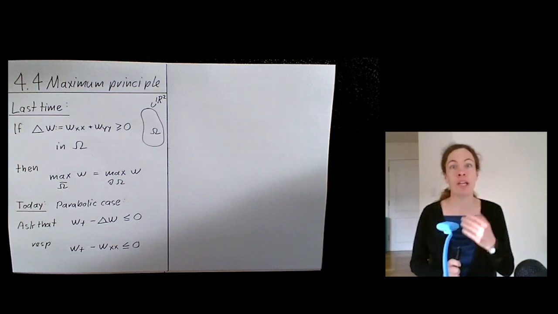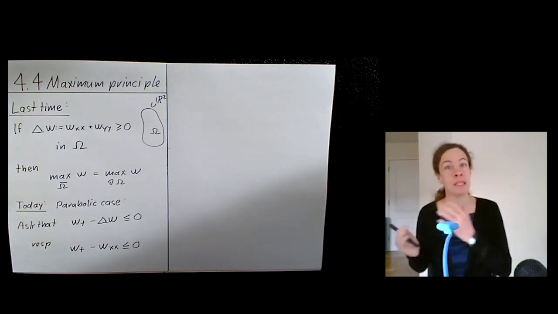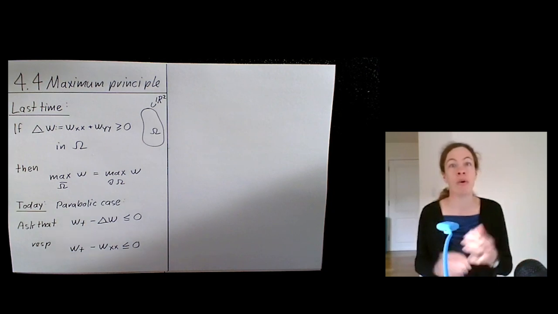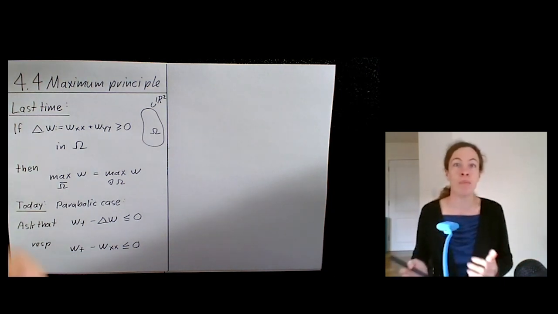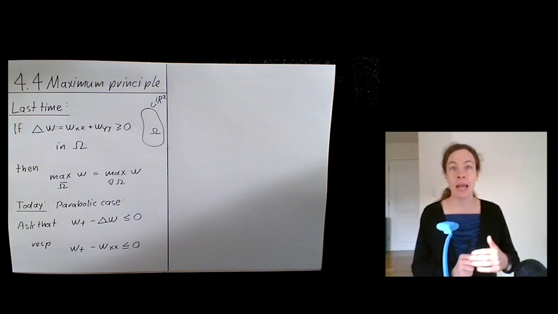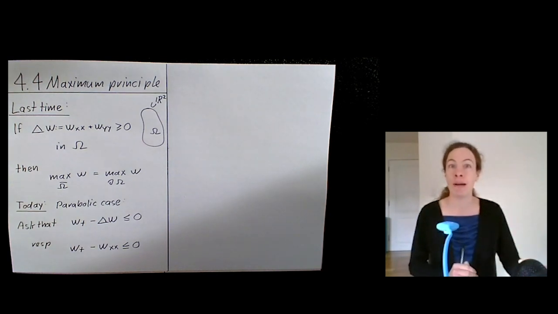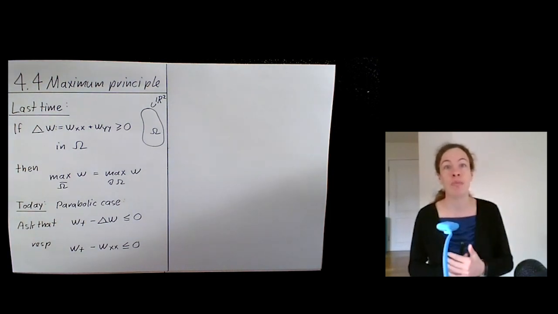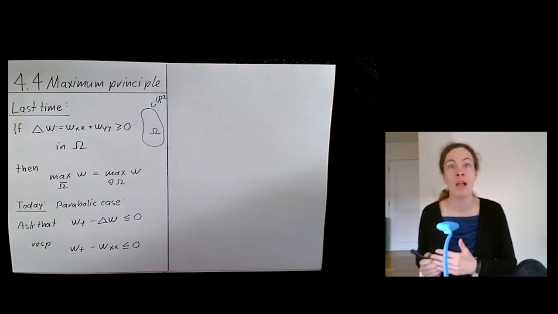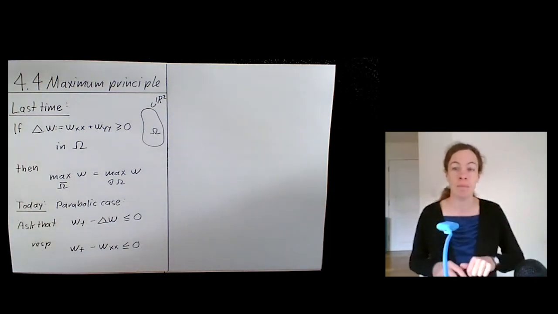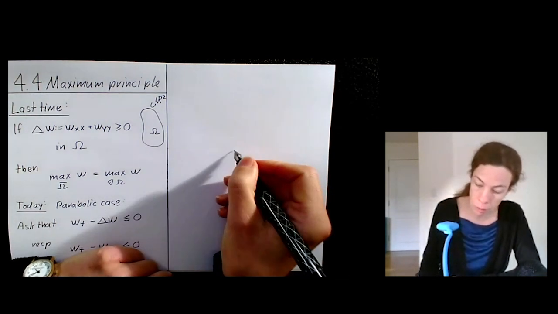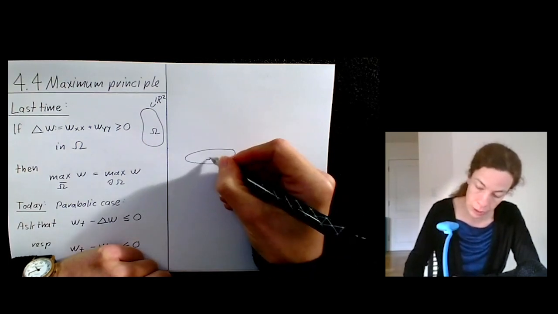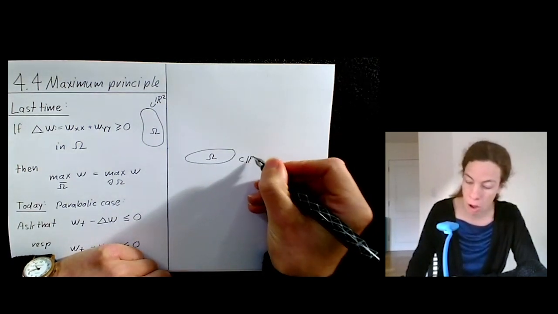So a typical situation that you might consider is you have some domain in space that can be in 2 dimensions or in 3 dimensions, for example, just the room that you sit in at the moment, and then you consider the behavior of a function defined on this space and defined on a time interval. Now I can't really draw 4-dimensional pictures, so let me draw the situation where my spatial domain is 2-dimensional, and then I'm going forward in time. So in this situation, you might have some domain, say omega like this down here. So that's your spatial domain in R2.